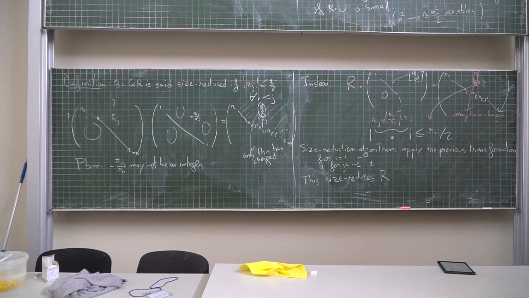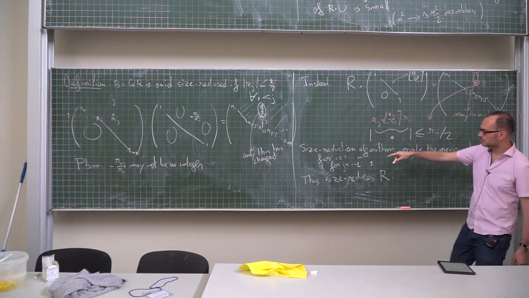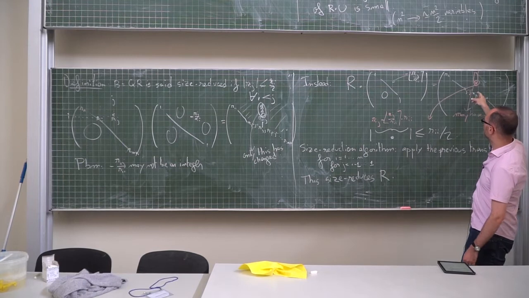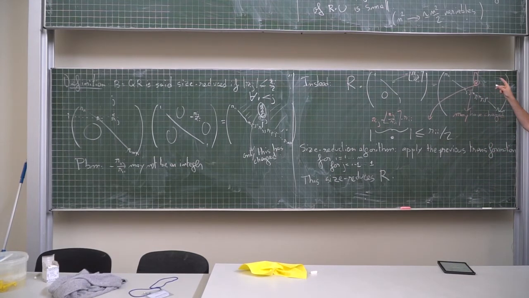Okay, so if you count the number of operations, here you have n square steps. And at every step, you update big O of n coefficients. So the overall cost is n cube in terms of number of operations. And then again, like for QR factorization or GSO computation, you have to be careful on which type of coefficients you are doing these big O of n cube operations. It turns out that if you do it with rationals, everything is polynomially bounded in the input bit size. So everything is polynomial time.